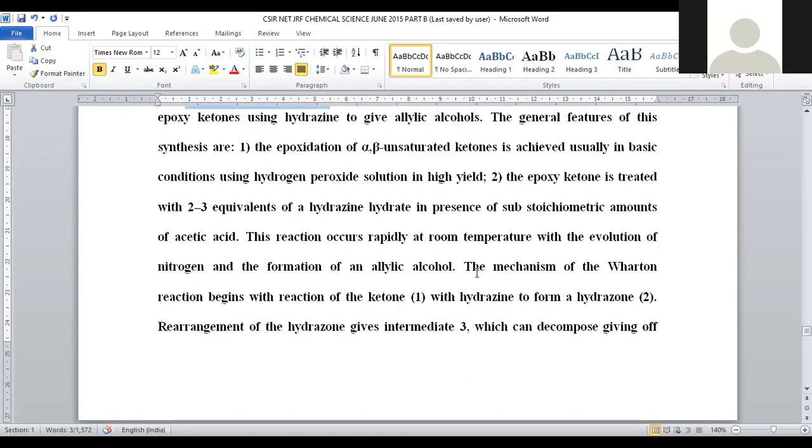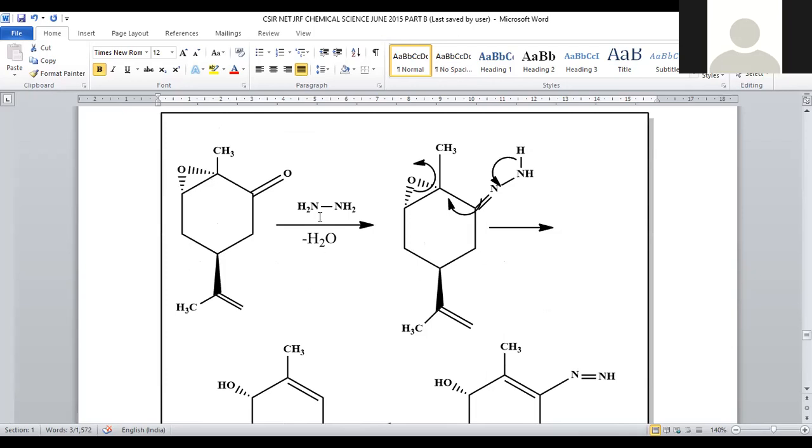Let us see how the mechanism will be followed and what will be the final product. Hydrazine has more affinity towards this ketonic center, so it will be bound and condensed, so that the condensed product called hydrazone will be generated. This hydrazone participates in delocalization of electrons, rearrangement within the molecule, and subsequently the epoxide ring will be opened. Hydrogen will be pulled by base. What base are we using? Triethylamine, so that a negative charge originates. That negative charge will shift towards the nitrogen double bond.